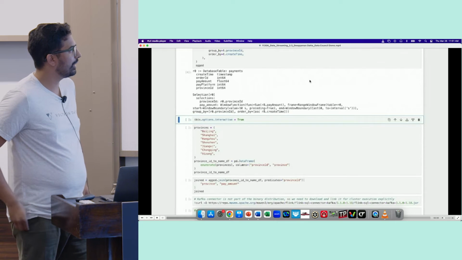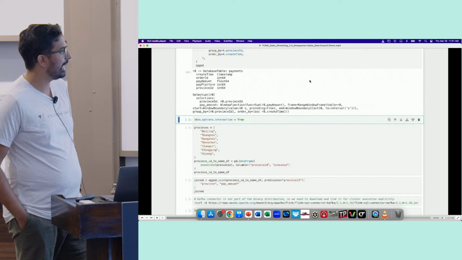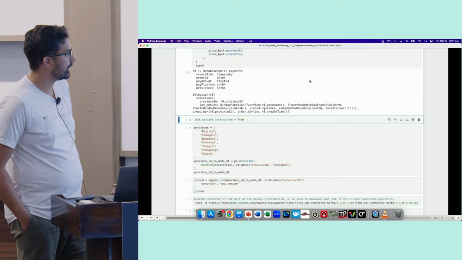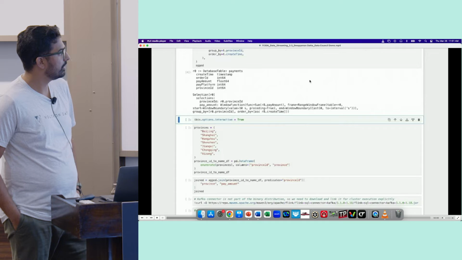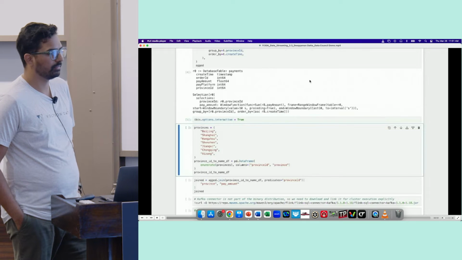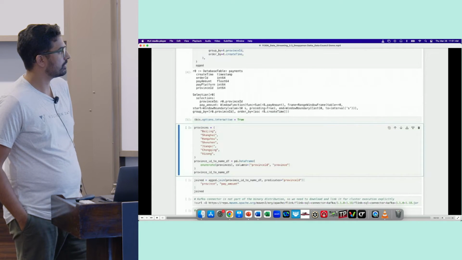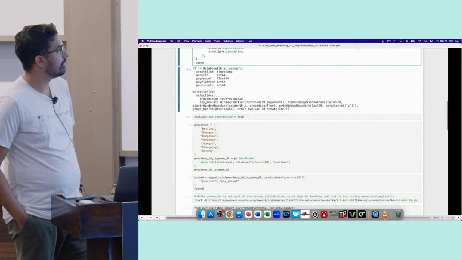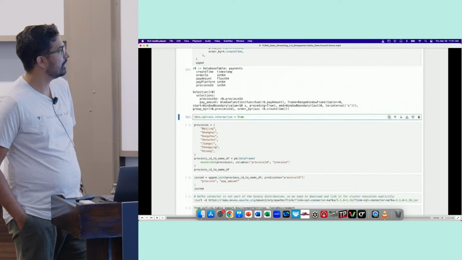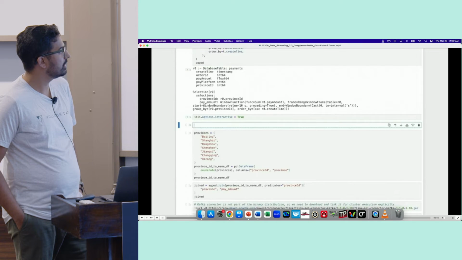Actually, I think we can look at what that data looks like by turning on interactive mode. Let's see. If we go back up and look at that, we should be able to see what the data for AGD is.